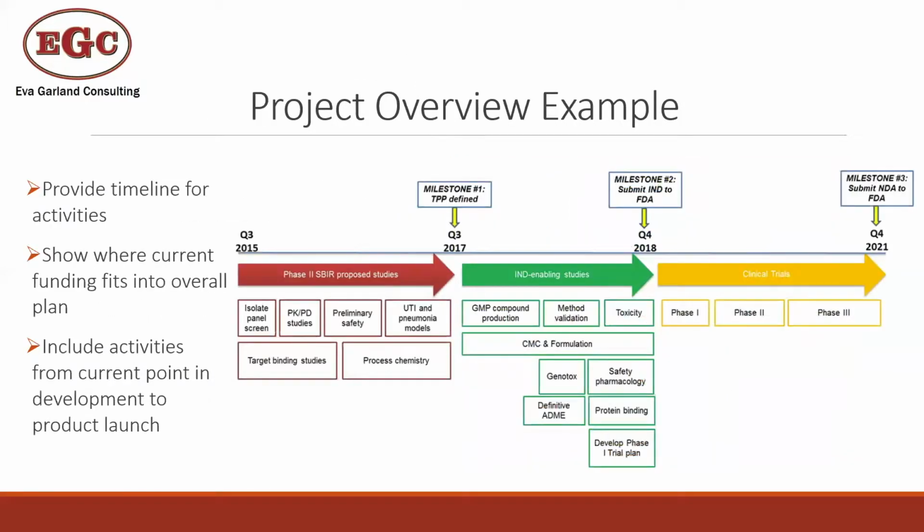The next slide gives an idea that a project overview can vary quite drastically from project to project. This gives you an idea for a therapeutic development project overview, where you have in there what you're asking for in the current program, the phase 2 proposed studies, and then showing what comes downstream. Be sure to overlay this with a timeline, and also give an idea of key and critical milestones that you need to meet and when those will be met throughout the plan. Again, this is just showing reviewers, one, when things will get done, and two, that you have an idea of what needs to be done to finally get your product launched.